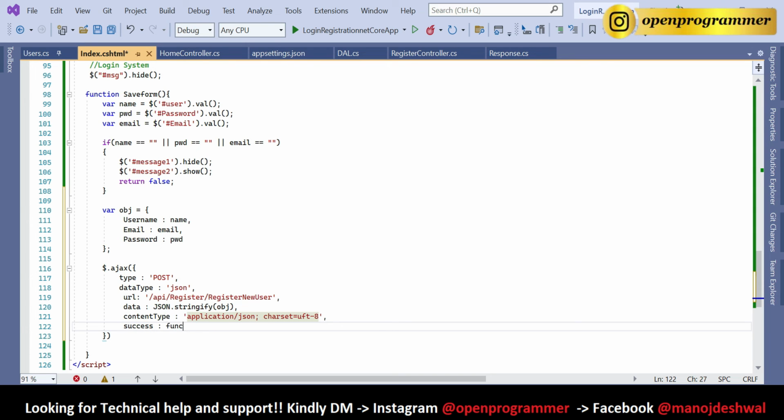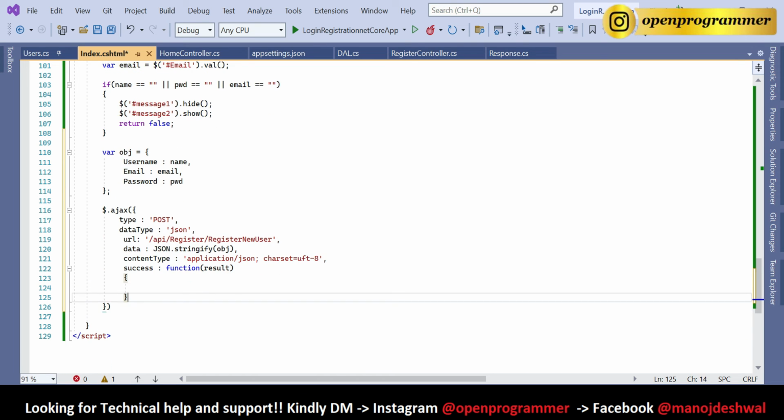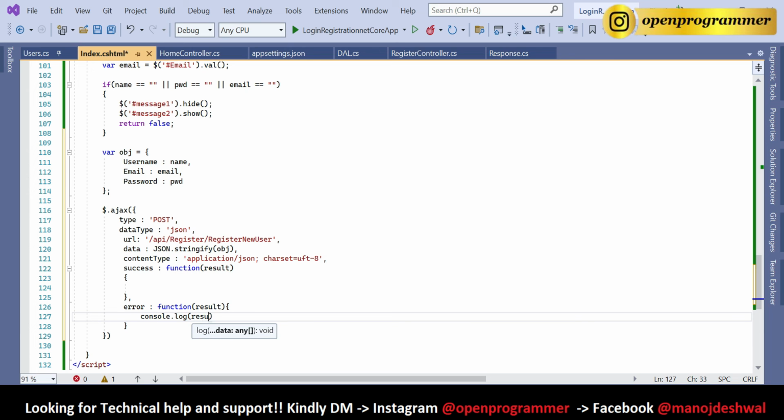Success function takes the result from the API, and after that we have the error function, which takes the result and does console.log result. In the success, if our API is successful, first of all let's log